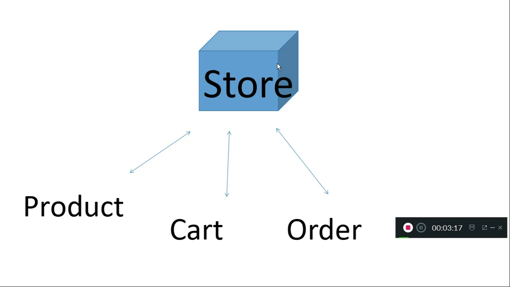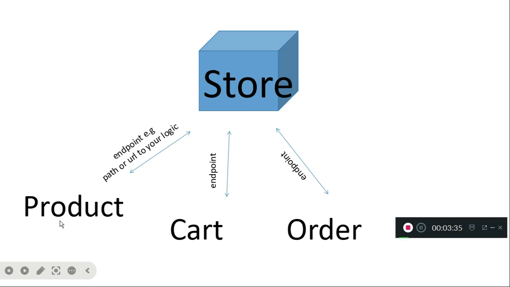Now, to be able to access what you have written, the logic and what you want to do, through the front end and to the back end, you use what you call an endpoint. The endpoint is like a path or a URL that directs to your logic. Let's assume that you write a logic somewhere. You use your endpoint to redirect the user, because your server has a lot of data. As soon as they call on your application,